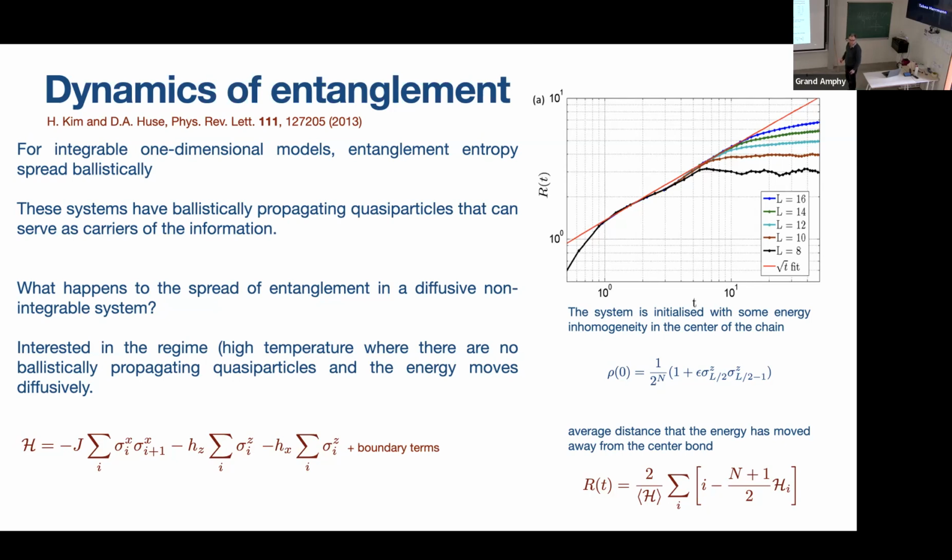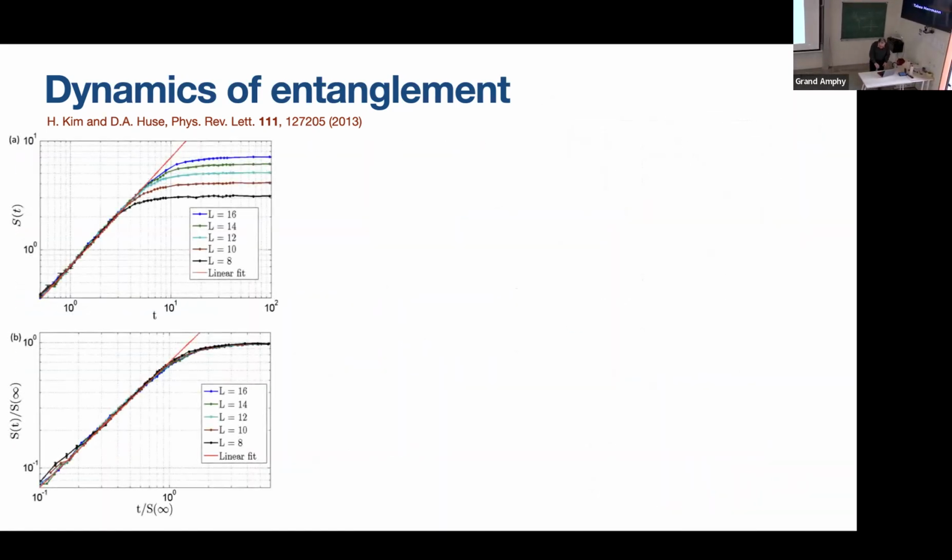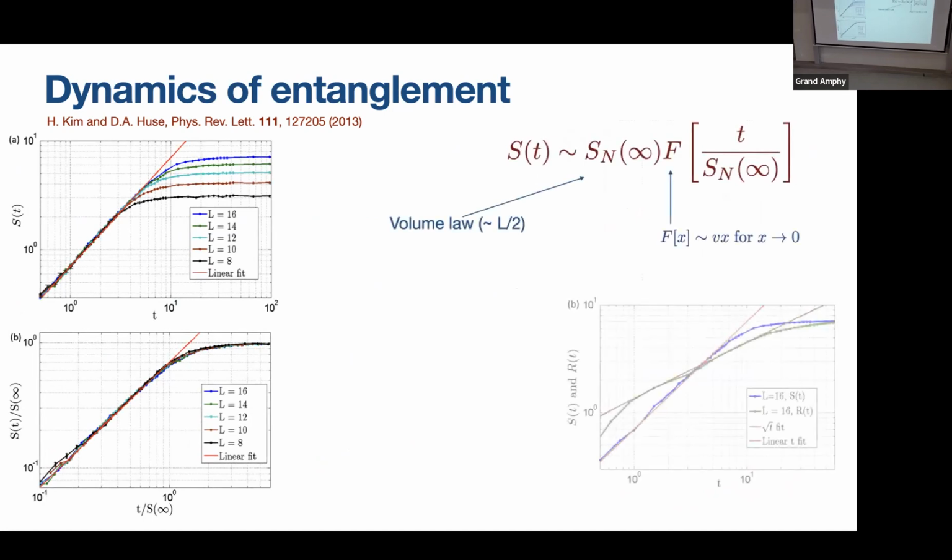I think it's square. Let me say, this is what they describe in the paper. They chose couplings in such a way that they could get, for the system sides, some region which was square root of t. And the reason why they wanted to emphasize this is that if you compute the entanglement, the block entropy